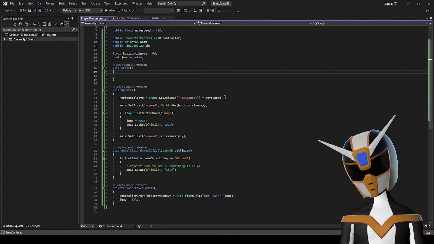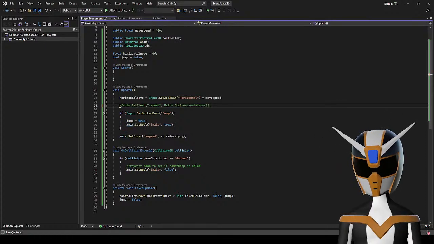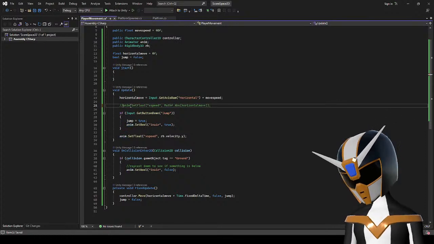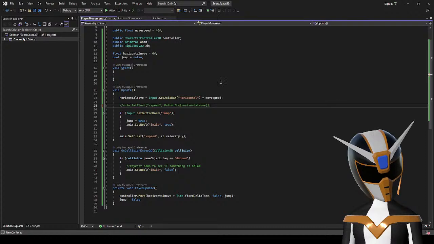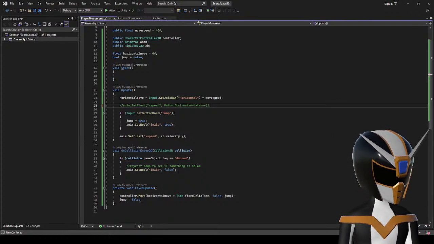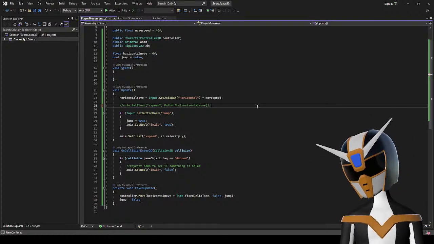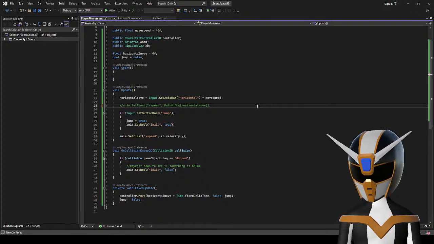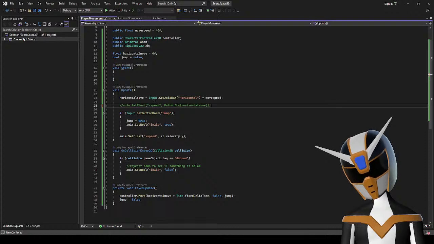So let's see here. No set float. I don't know if I'm gonna need this, because I'm not really changing the animation as the character is moving. The character's just gonna be doing the same animation in a loop constantly. And then, what else do I need to set here? Horizontal move.